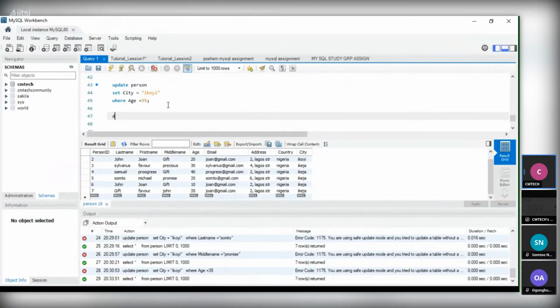Now we are going to say delete from person's data table where last name is equal to gift.